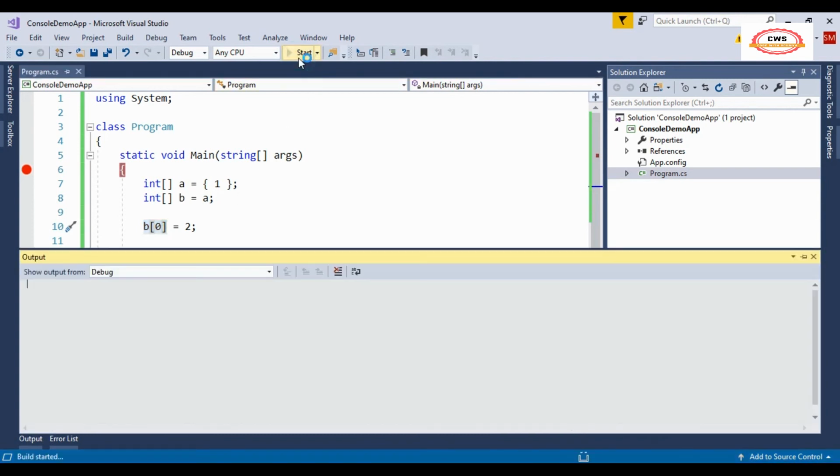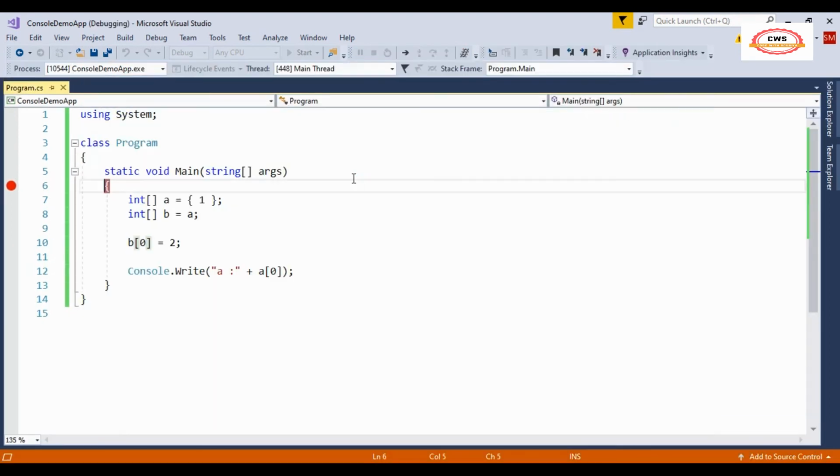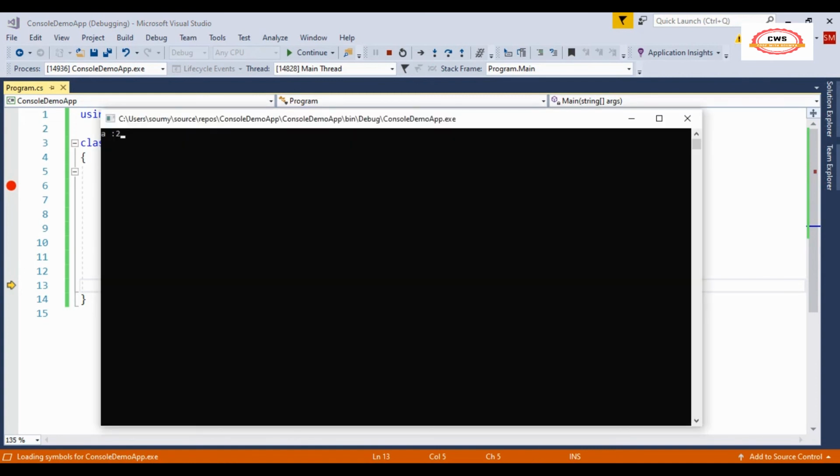So a has been initialized, a has been assigned to b, and we are changing b. Now what will be the answer? If you go and see, a has been changed to 2.